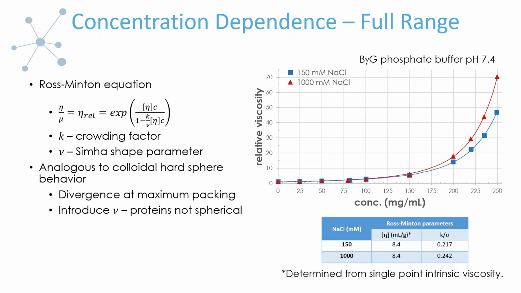So again, this is sort of a semi-empirical type equation where it does go to the proper limit at infinite dilution, but we know that by adjusting these parameters, it can be made to fit data at high concentrations. And although it's intended to be used specifically for proteins, which is why we were using it here for our model protein gamma globulin, it's basically an analogy to an equation developed for colloidal systems. And the thought behind this is that at some point, you're going to add so many molecules to the system that you're going to hit maximum packing. And this is going to lead to a divergence in the viscosity.